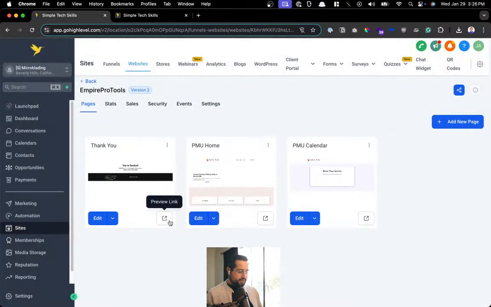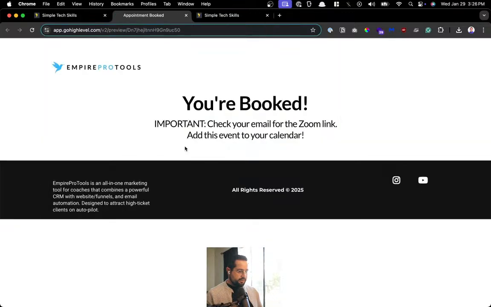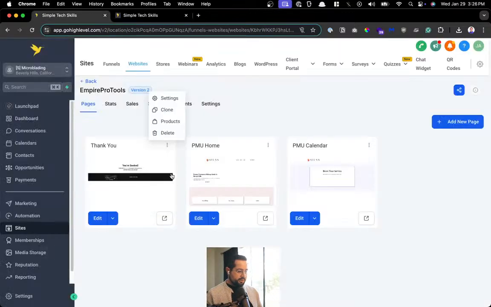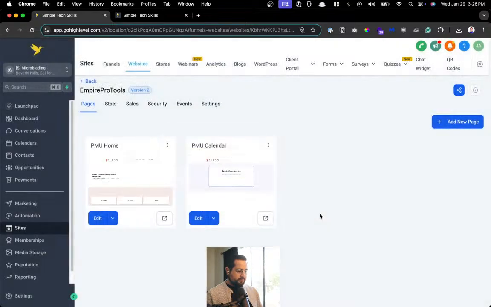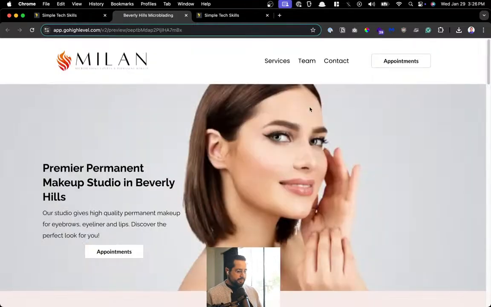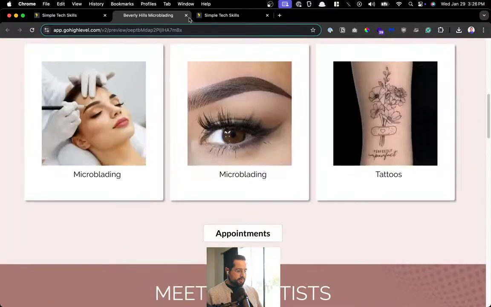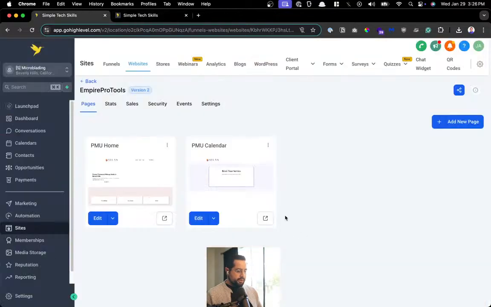This thank you page is from the other site, so I don't need this. Yep, don't need that. Perfect. Delete. Perfect. So now I got the home page and the calendar booking page. So let's take a look at those two. Yep, that's the home page. And then the calendar booking page